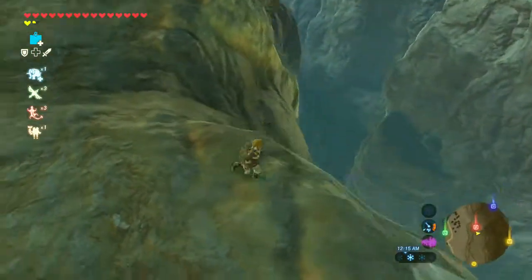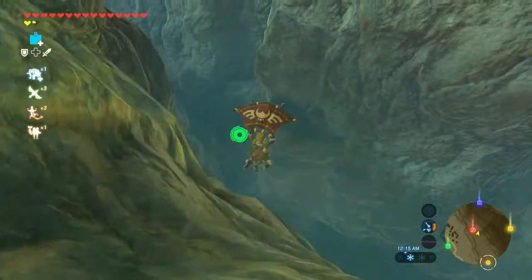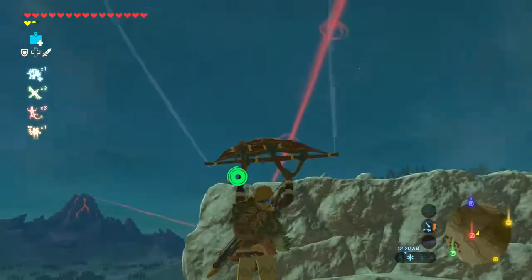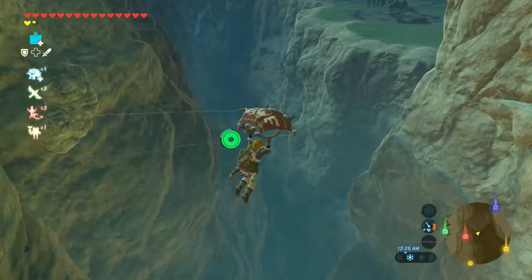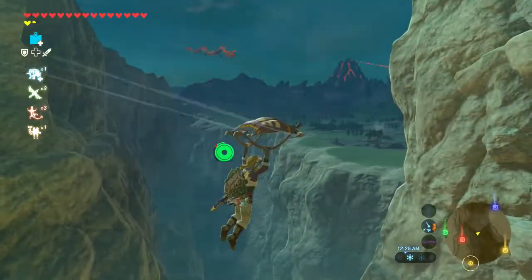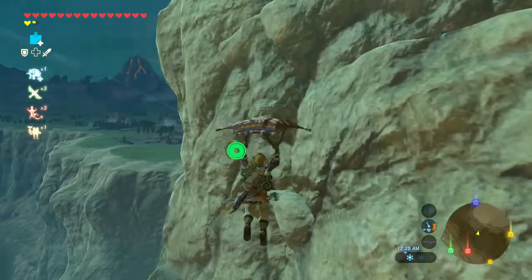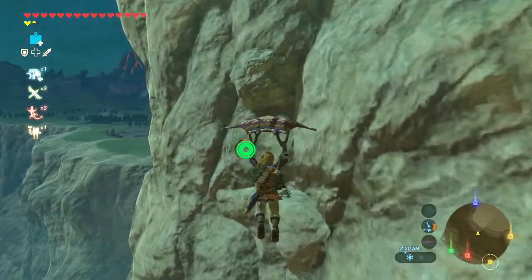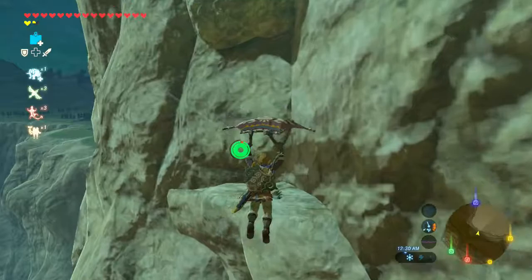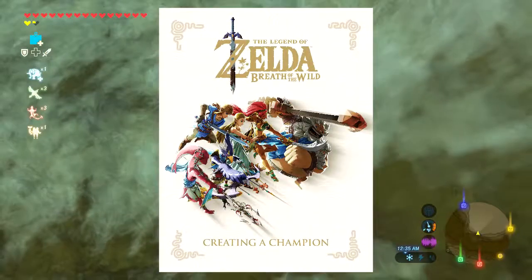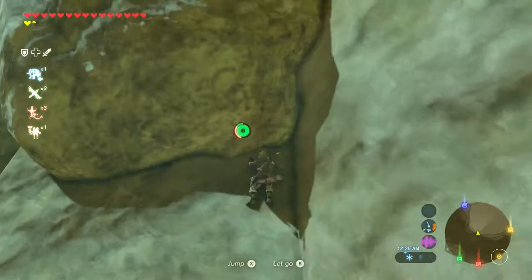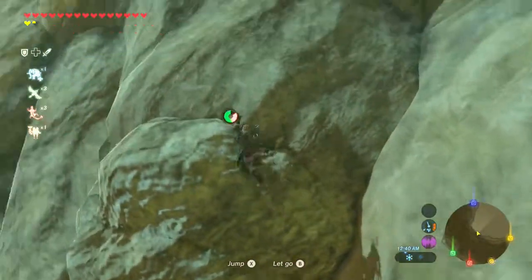This dragon's taking a long time. So there's something else I might as well explain. I am going to be showing off something pretty cool later on down the line. Okay, there he is. What I mean by pretty cool is I recently got Creating a Champion. I almost said the Champion's Ballad. Wow, it's almost like I'm playing that currently, right now.